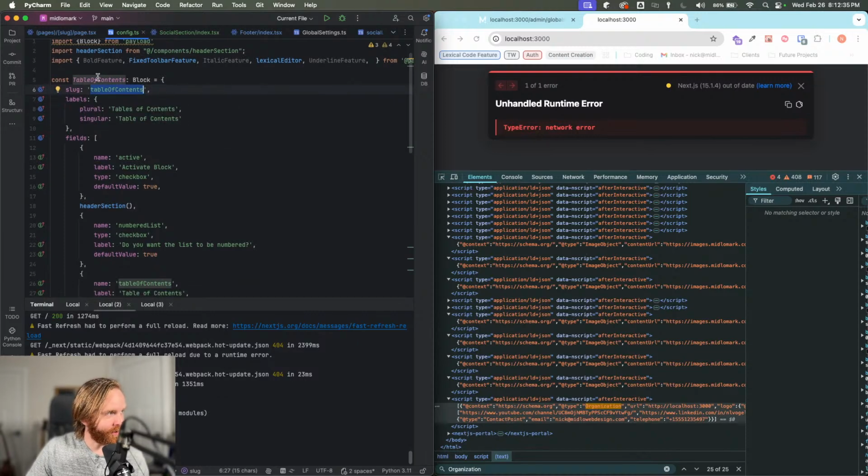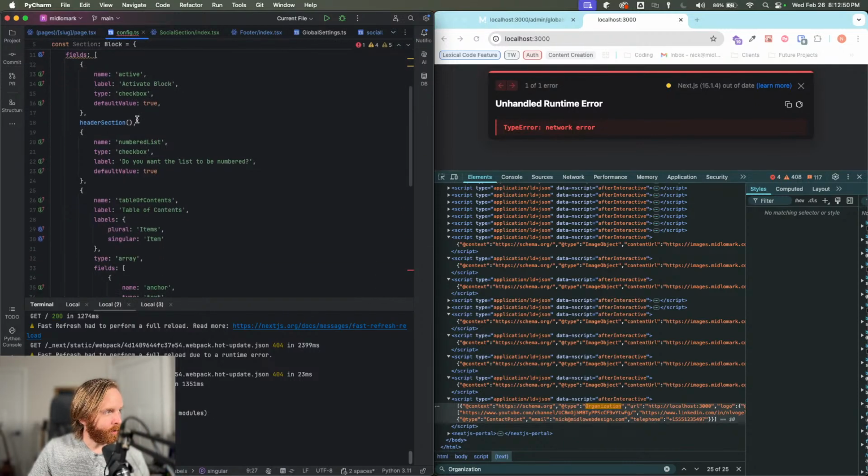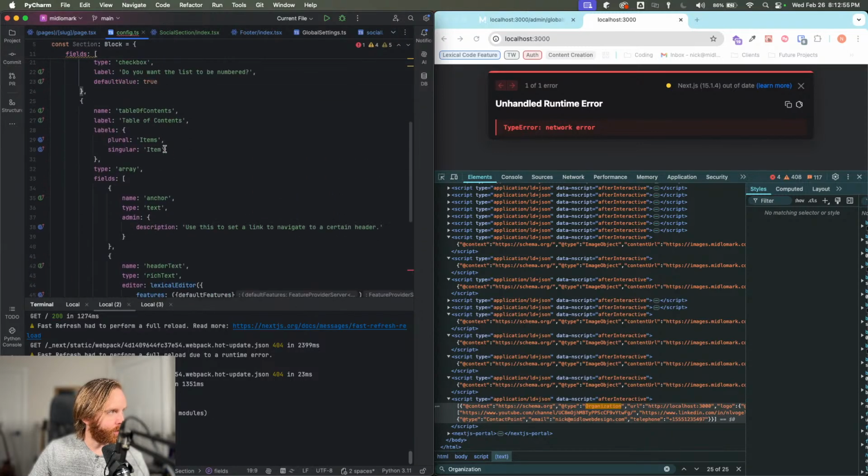All right, so we're going to take our const here and make section, and then slug of section. Plural will be sections, singular section. We'll leave this active on here. We'll have a header section. We don't need a numbered list. All we need in all of this,